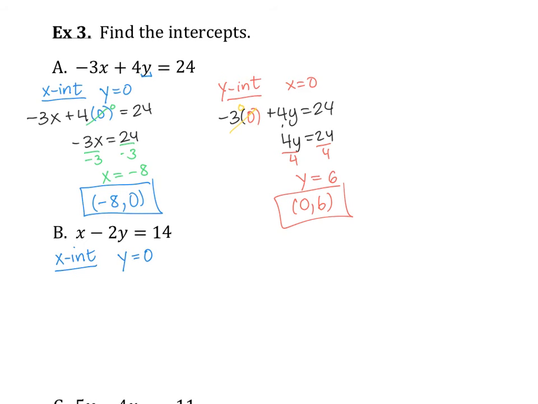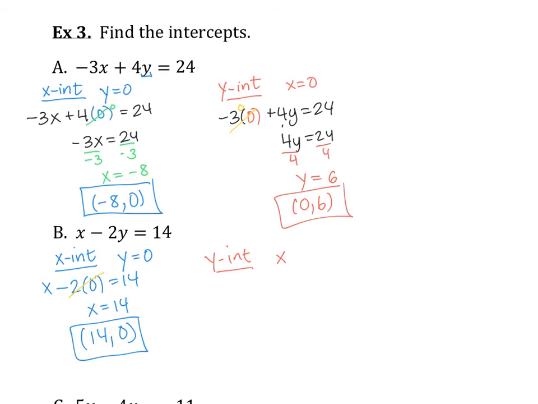So if I go to the original equation, x minus 2y equals 14. Remember, 2 times 0 is 0, so that's basically gone. So I end up with just x equals 14, which is nice, but my answer must be an ordered pair. So the x answer goes first, the y value goes second. Okay, for the y-intercept,